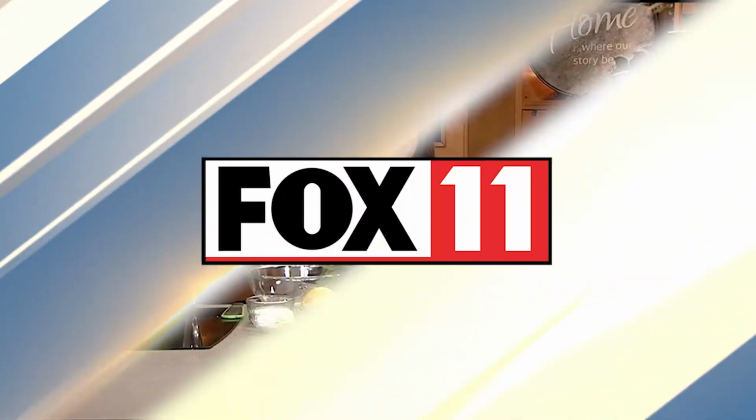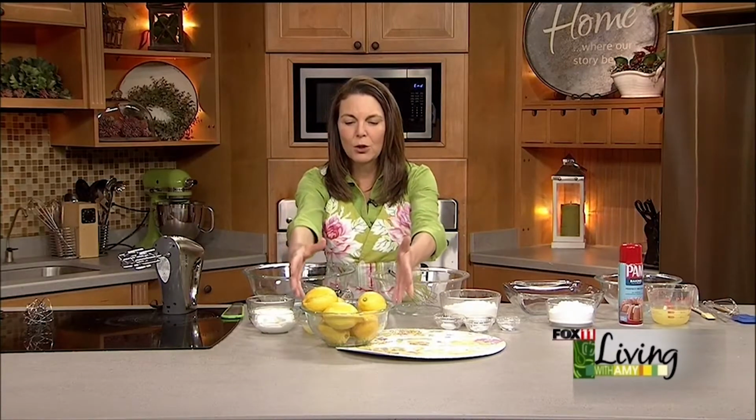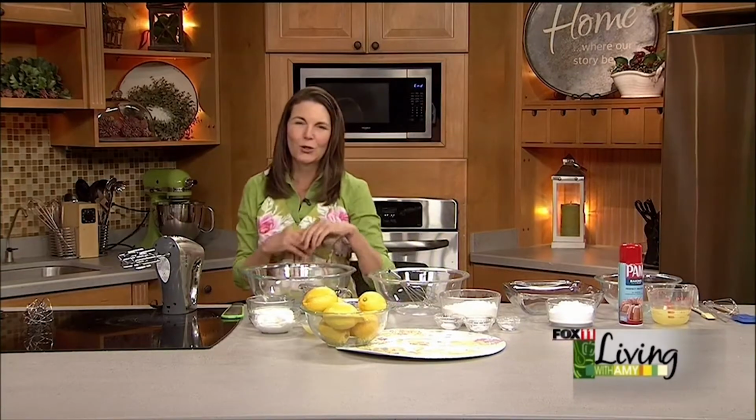I love lemon anything, especially when you're craving warmer weather and sunshine and spring. I love to just go to the grocery store, get a big bag or two of lemons and put them in a bowl in my kitchen or my dining room table. They just are so fresh, and then use those lemons to make different recipes like this easy, breezy lemon snack